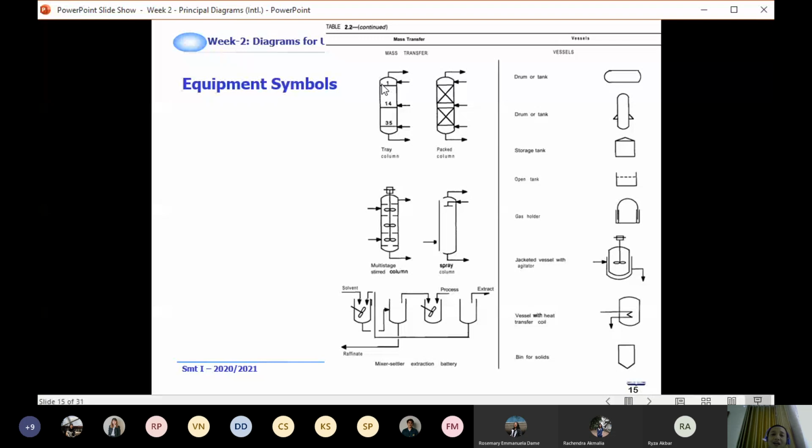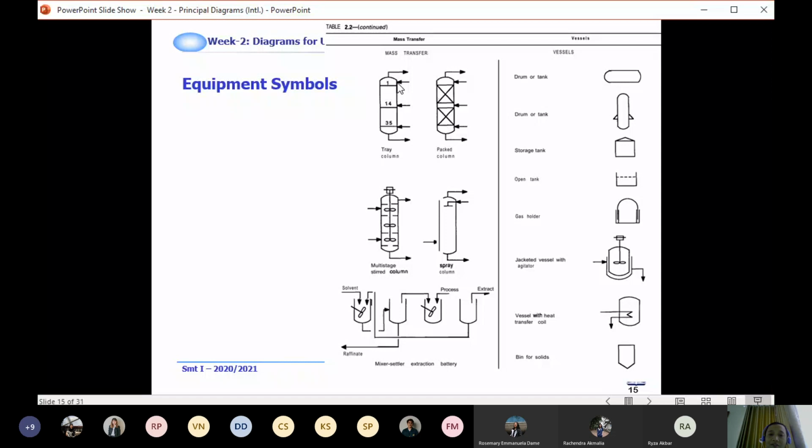It means that for the top line, it will be tray number 1. The second line, in the middle one, will be tray number 14. And the last one will be tray number 35. You don't need to draw all 35 lines here, because it would be very crowded. Usually we just draw the lines which are